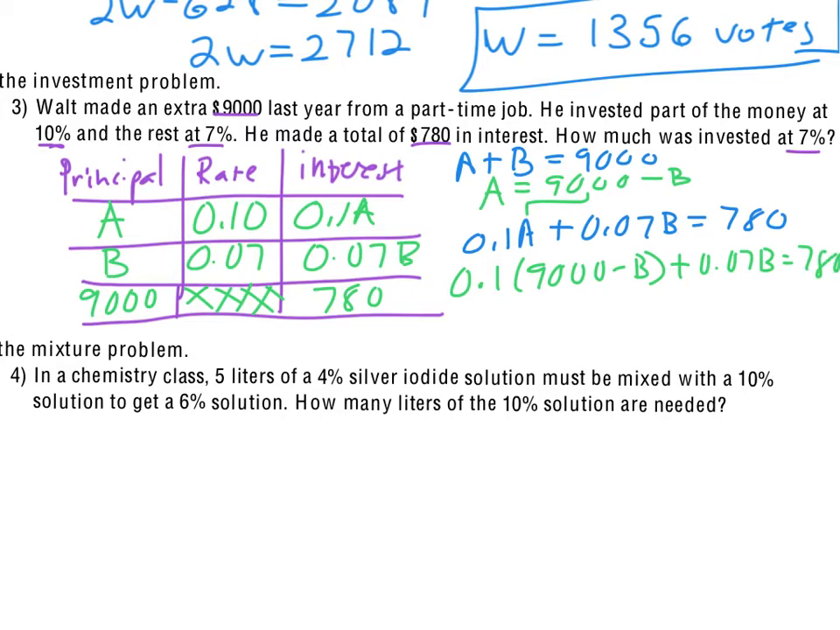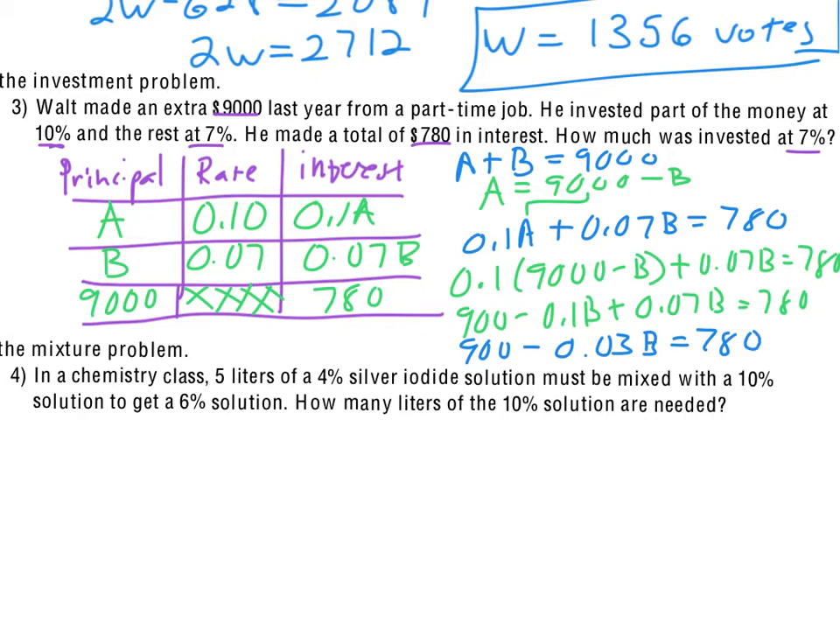Distribute the 10%, we get 900 minus 10% of B plus 7% of B equals 780. Combining the B's on the left-hand side, again, you could get rid of the decimals by multiplying by 100. Just make sure you get the right answer there. We do end up with 900 minus 0.03 B equals 780, and